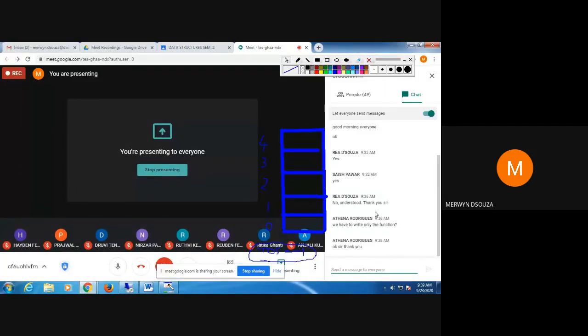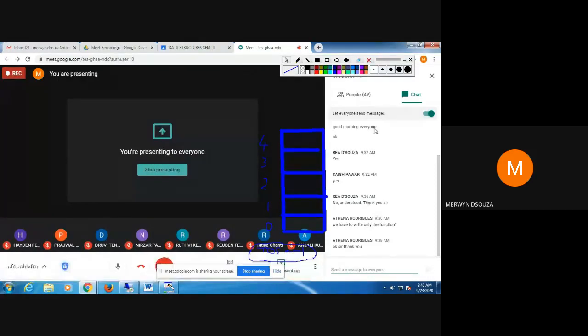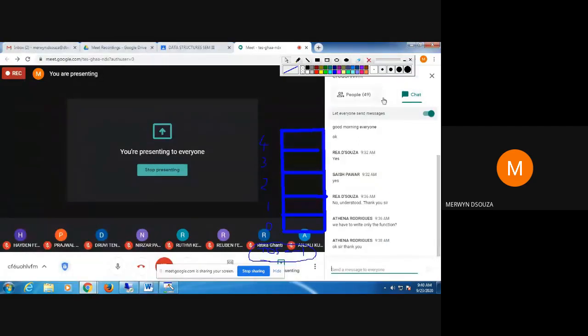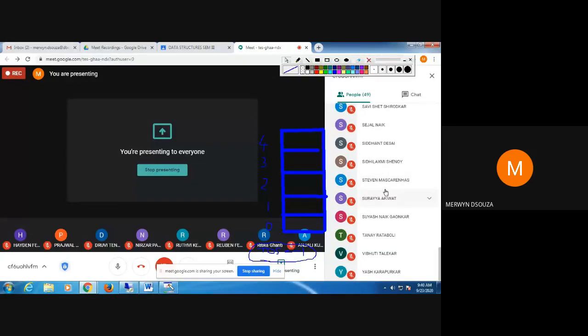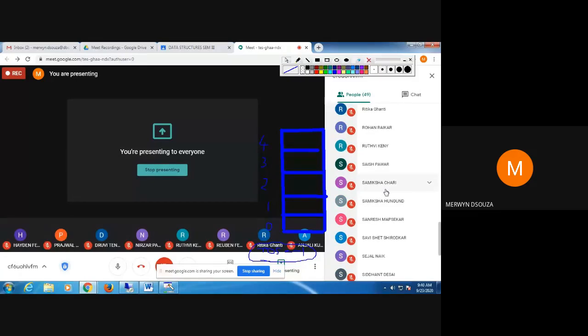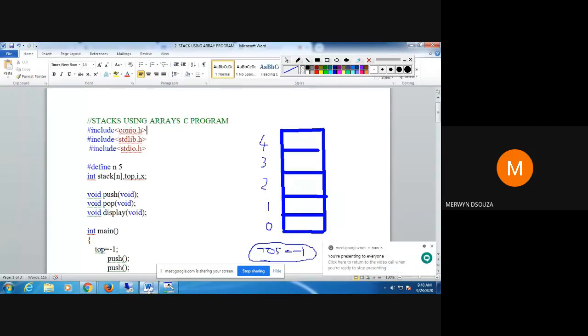Why don't we set it equal to 999 or 5 or 10? So can we have Samiksha telling me why we set top of the stack equal to -1?